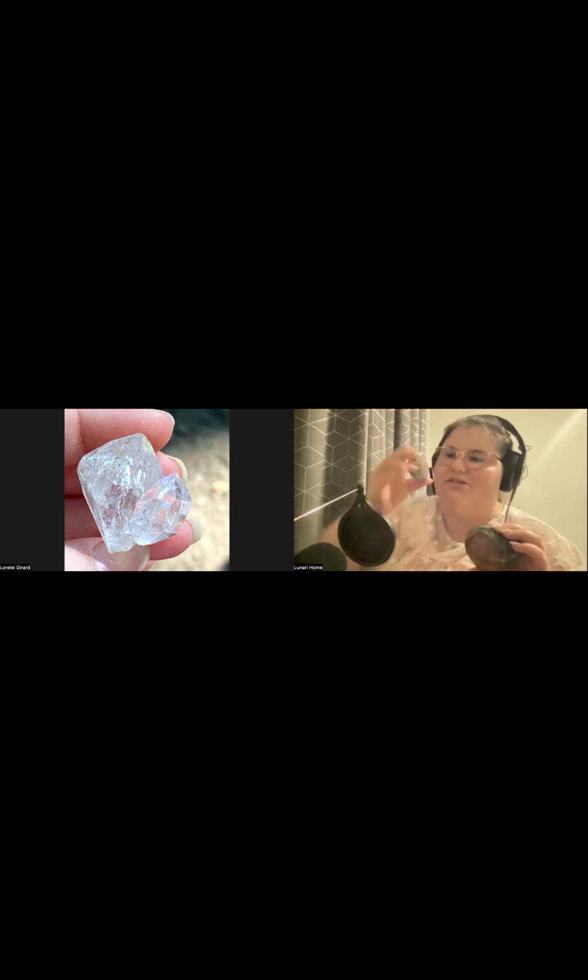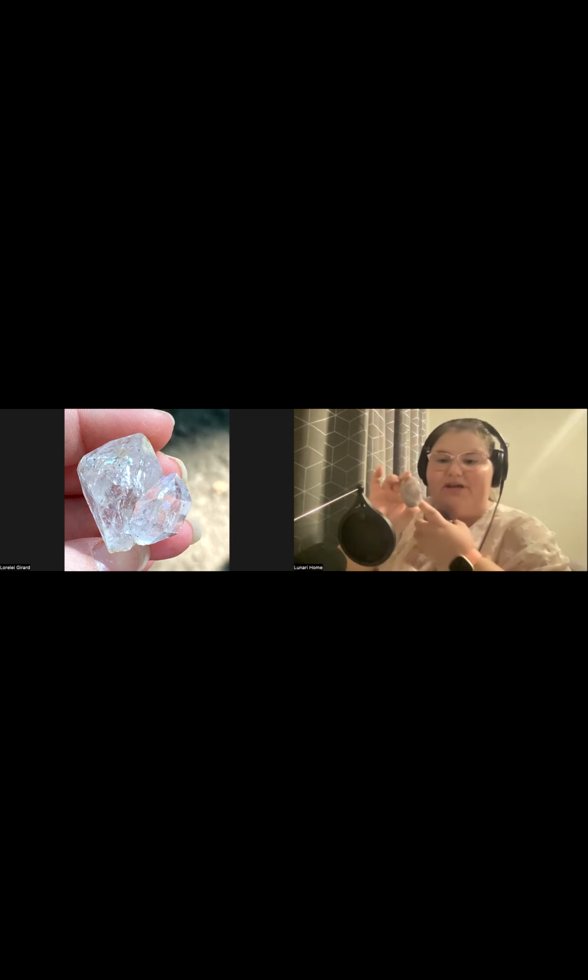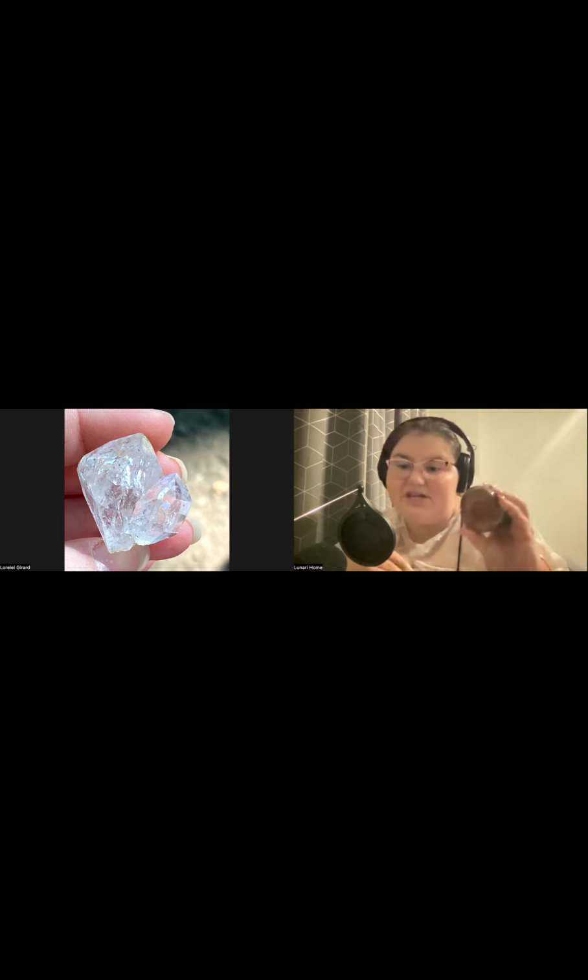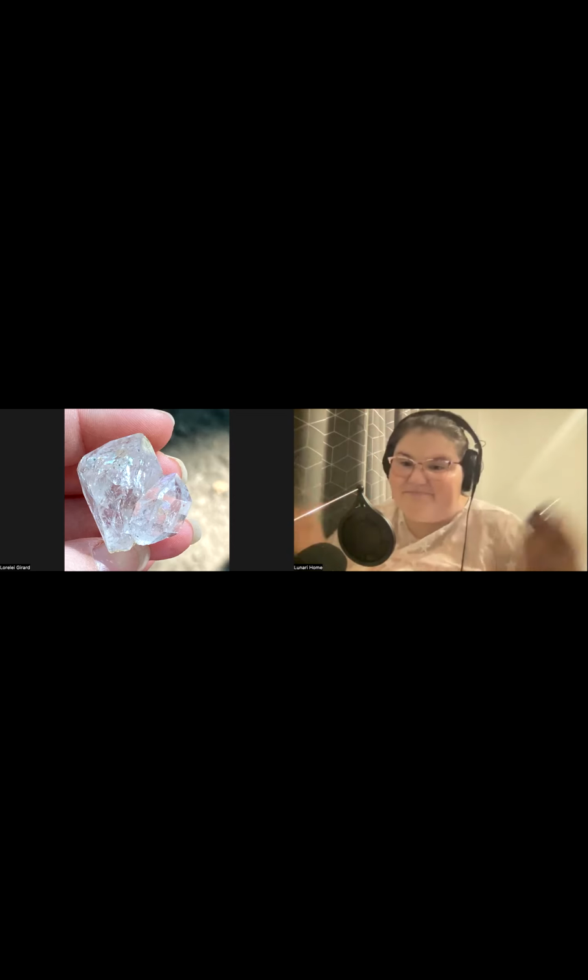I'm holding up a black flower agate palm stone and a polychrome jasper heart. You can tell that you cannot see at all through the polychrome jasper, whereas with the flower agate palm stone, you can see parts through it, like you could with a quartz. If I shone a light through here, you would be able to see an outline of the plumes and the different layers of the agate, whereas with the polychrome jasper, you would see nothing at all.